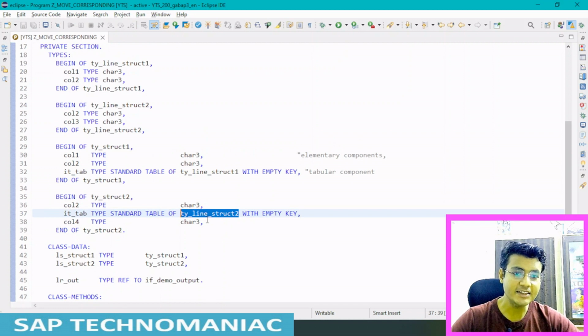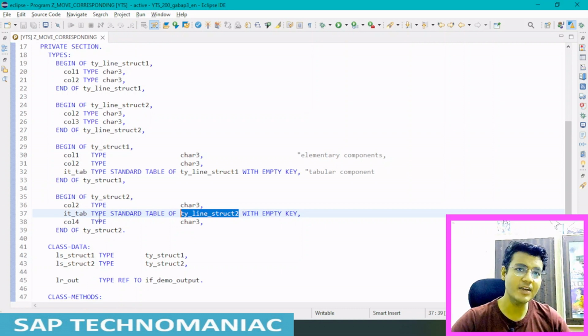In this second IT tab we have column 2 and column 3, but in our first structure we had column 1 and column 2. So the line types are different, even though some column names match. It's important to understand how it will behave when we move from one structure to another, so we want to see how it behaves.